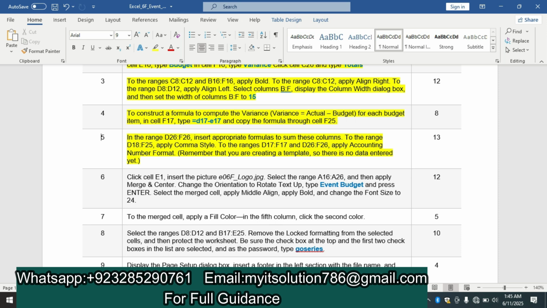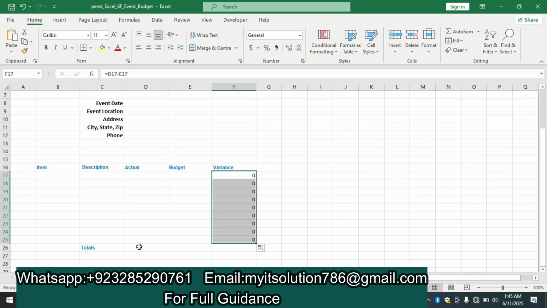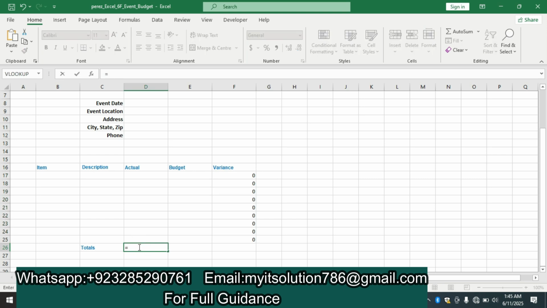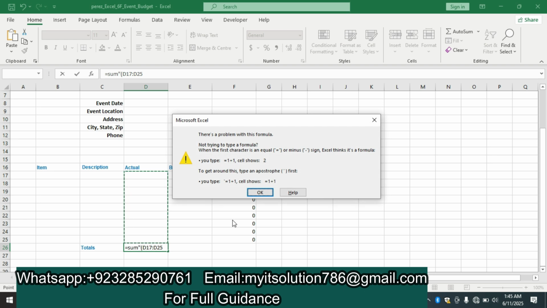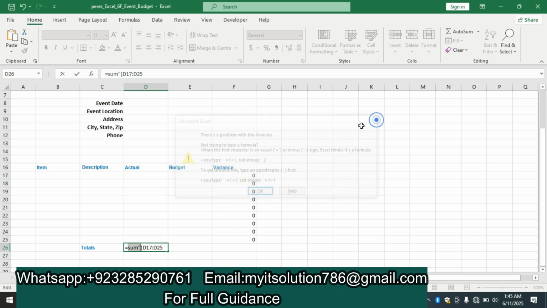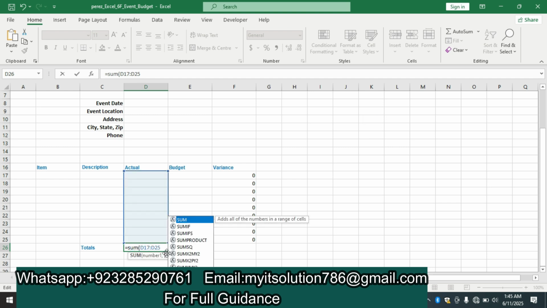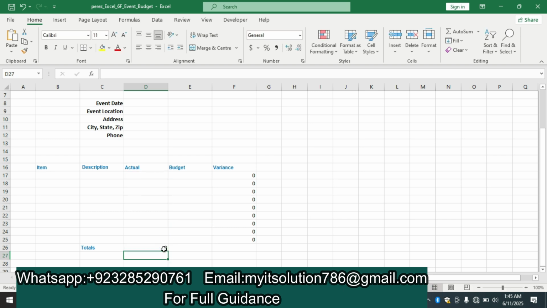So we go on our Excel worksheet, select D26, this one, type is equal to, insert a formula to calculate sum and apply bracket, select the range, click enter, and copy the formula down to this one